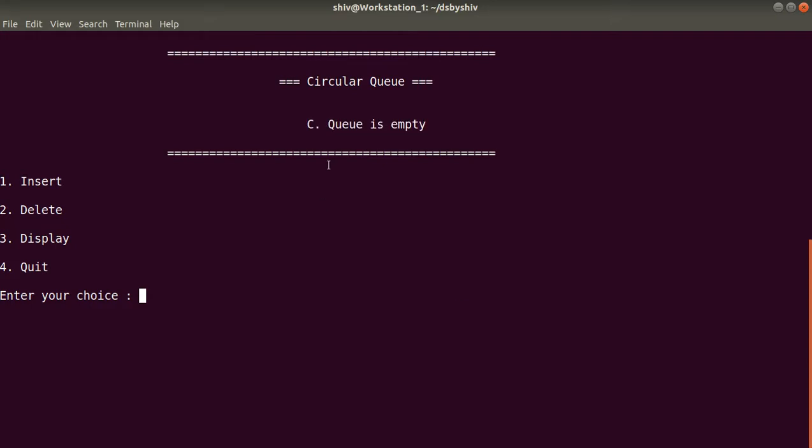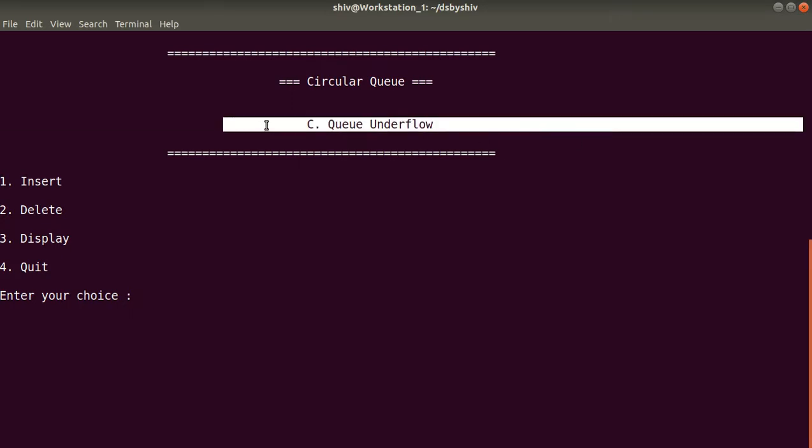So suppose I am deleting an element from the circular queue, so I will enter 2 and press enter. It is showing circular queue underflow because there is no element. So what will it delete? Ultimately we need to insert some elements in the circular queue for display and delete.